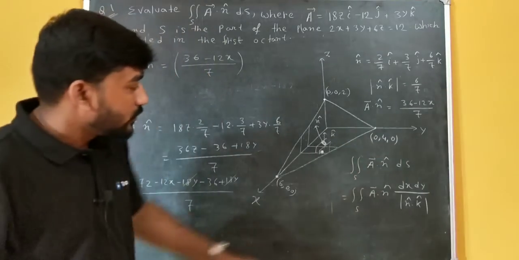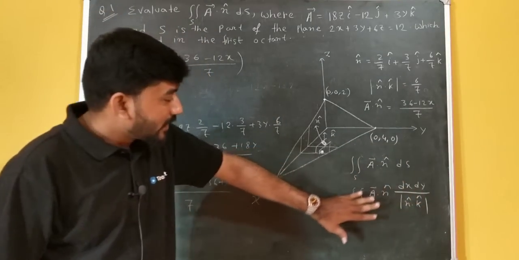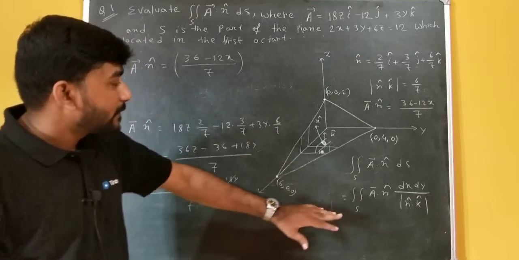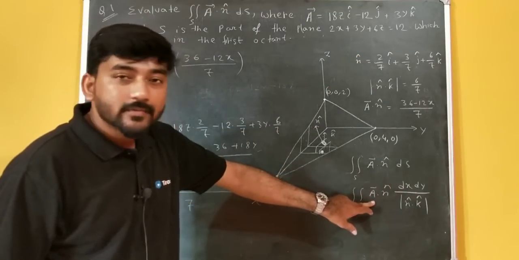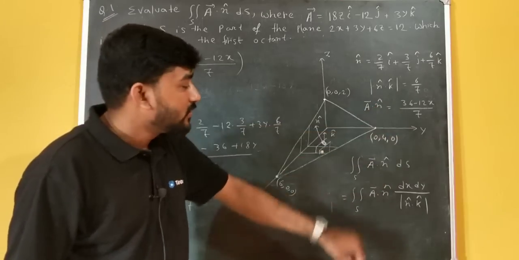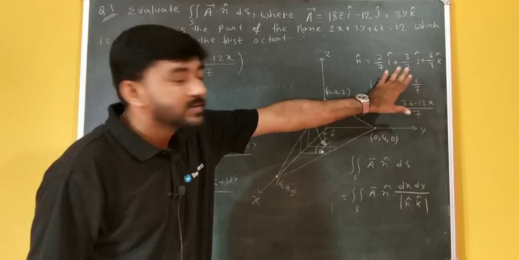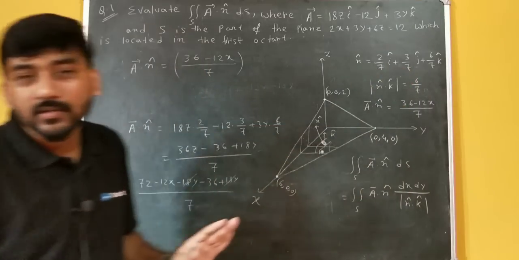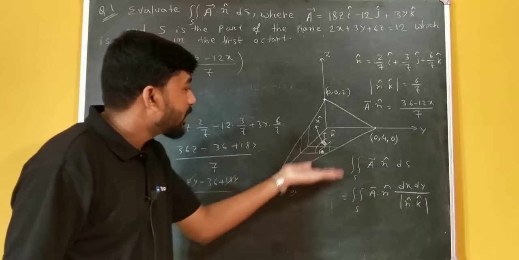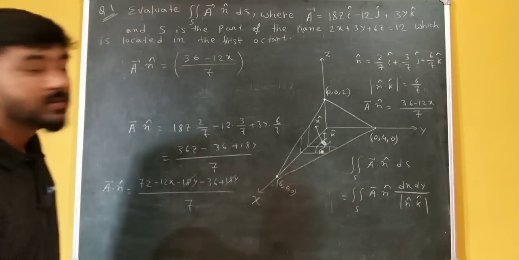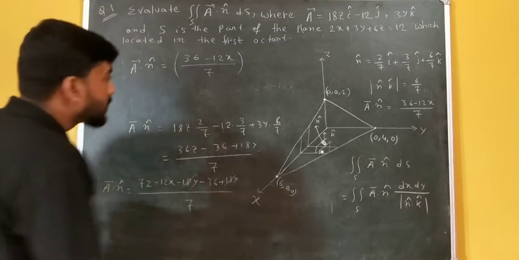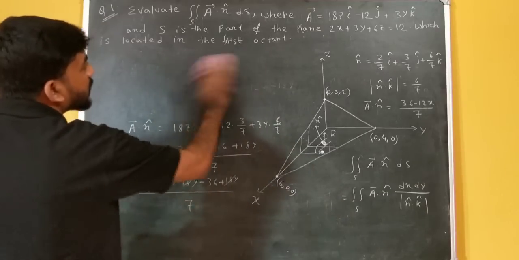Okay, so what are the terms in this integration we have got? So first we have to find out a dot n cap. We have to substitute here a dot n cap. This is the result. We have to substitute n dot k. This is the result, and dx dy will be as it is. And then this region of integration will be now the xy plane. So we have to just do the double integration on xy plane. Okay. So let me do it now.